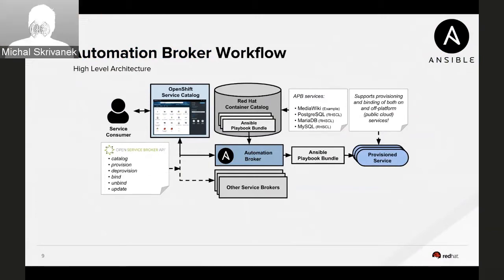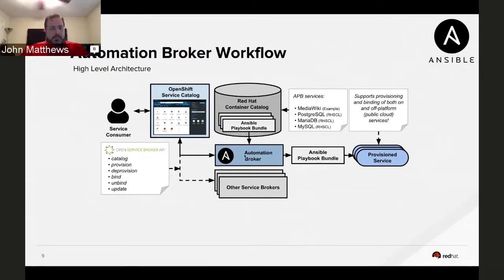So the list of the APBs is being communicated back to the OpenShift service catalog through the catalog API. So is it dynamic? It is dynamic, yes. Our broker has an operation where it bootstraps itself, and then periodically the broker will talk to the image registry, and it will refresh